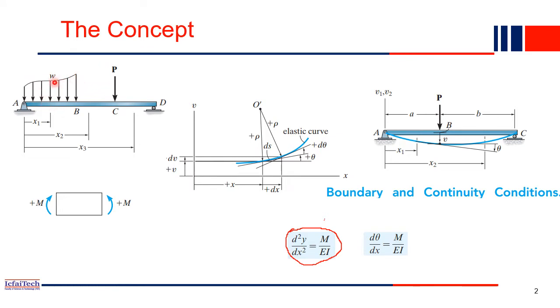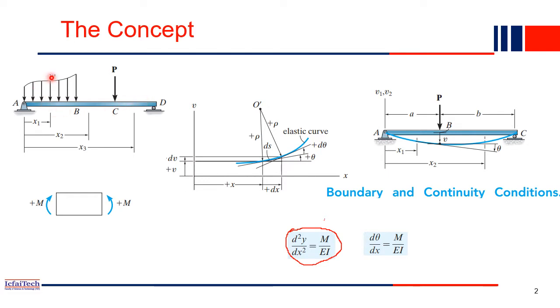So after application of the load, what will happen? As we saw in the earlier lectures, when the load is applied to a structure, then internal stresses or internal forces will generate inside the beam, right? What are the internal forces? One is bending moment, shear force, right? Or the stresses. All these things are actually internal forces generated.